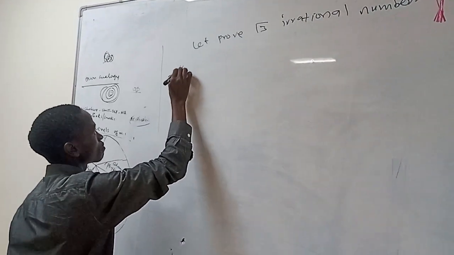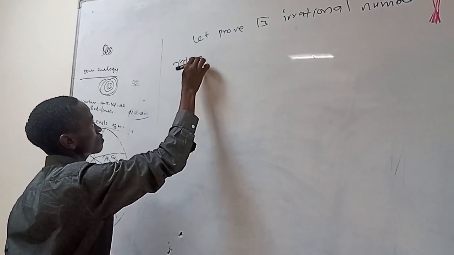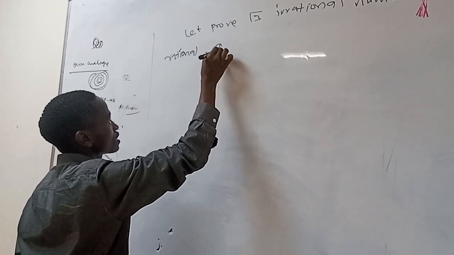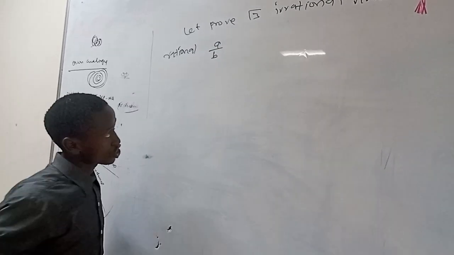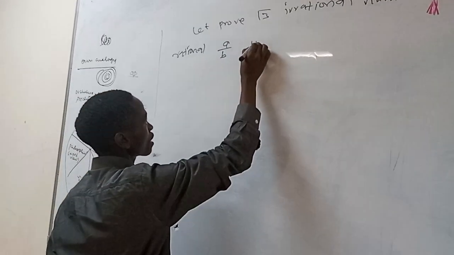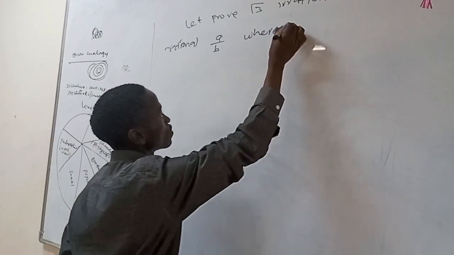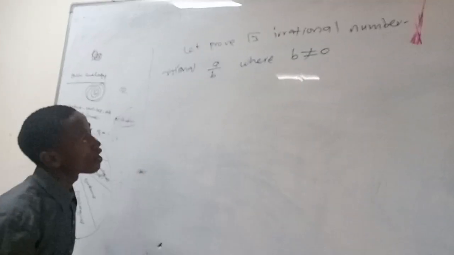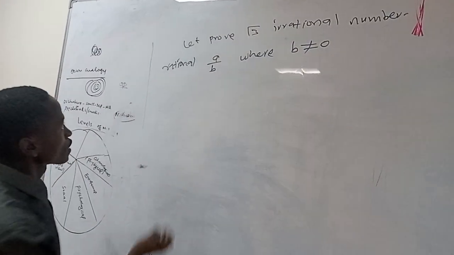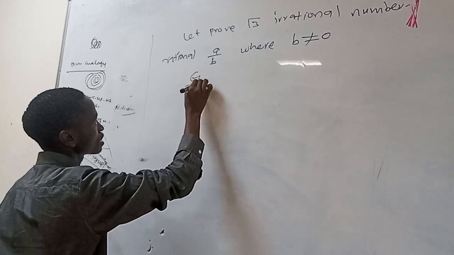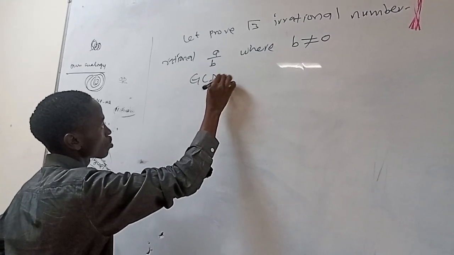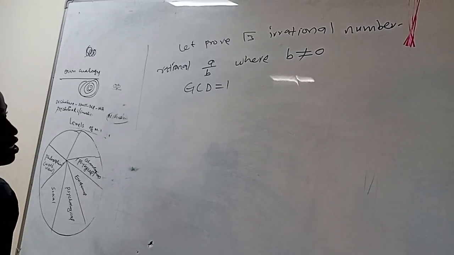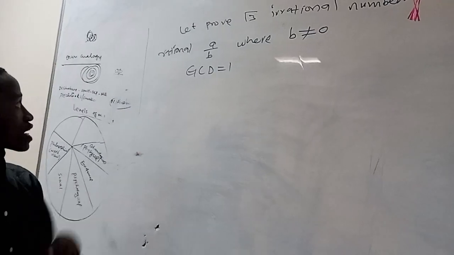A rational number is a number that you can write in the form of a fraction where your denominator b is not equal to 0, and in a rational number the greatest common divisor is always 1. So assuming that our root 3 is a rational number,